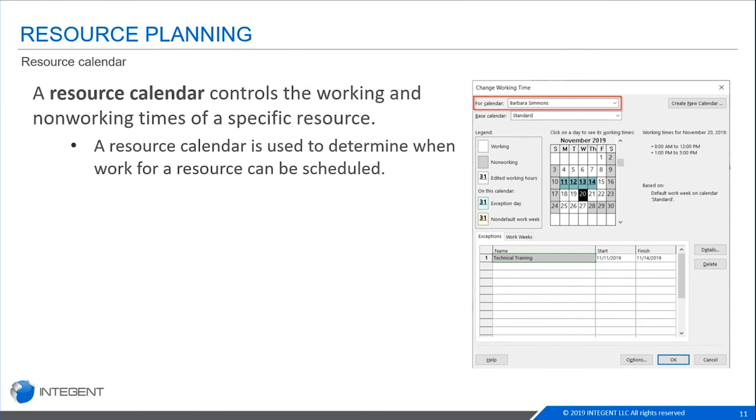And the last that we had talked about for our resource planning was the resource calendar. There is a project calendar that controls the project schedule. That is the highest level calendar. That is the one that will rule most of your tasks, and that's how it will flow through. One layer under that is your resource calendar. This controls the specific working and non-working times for a resource,